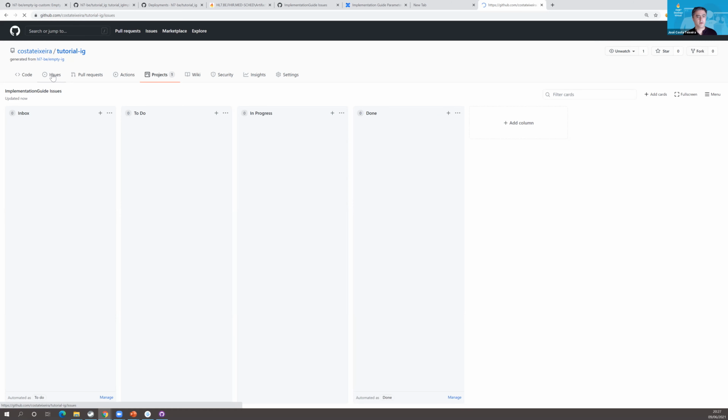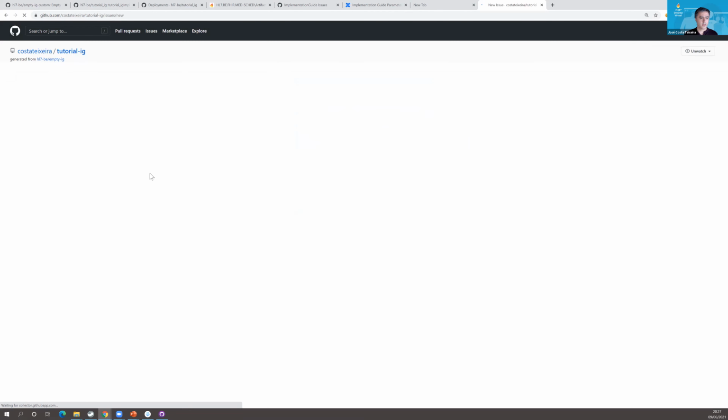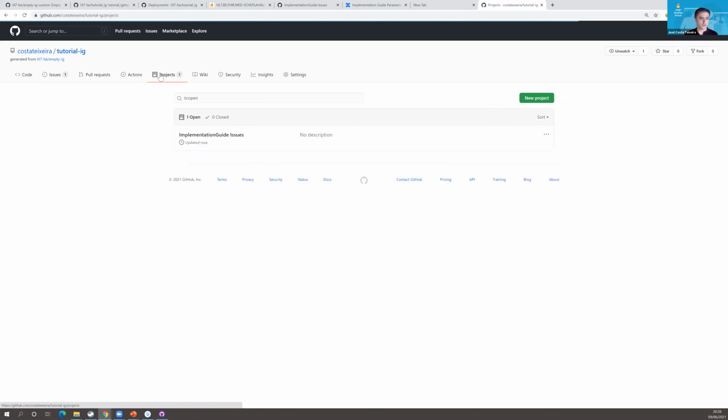So let's just create an issue just to see if this works. And I'm just going to create that issue. And that issue is, for example, before I submit the issue here, one thing that you should, if you do this, you'll quickly get familiar with, is that you should assign it to the project. Oops, not this one, this one. So I'm just putting this on the tutorial IG, so it's better that I do this. If I don't do this, it will not show on that Kanban board. Now that I've done this, I can submit it, and you now have your Kanban board, which shows the issue